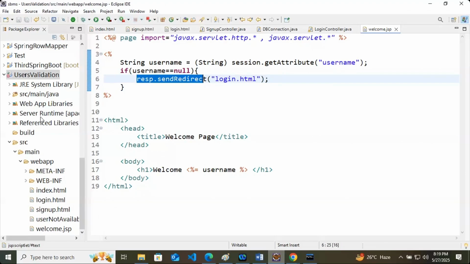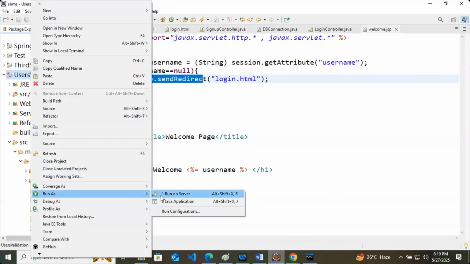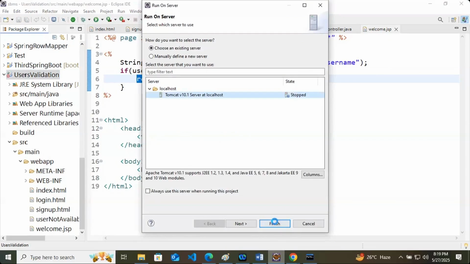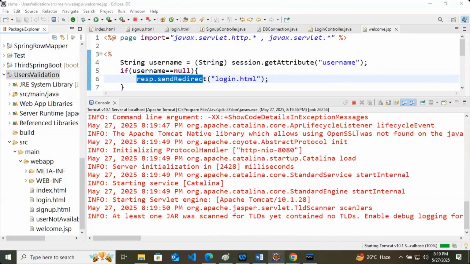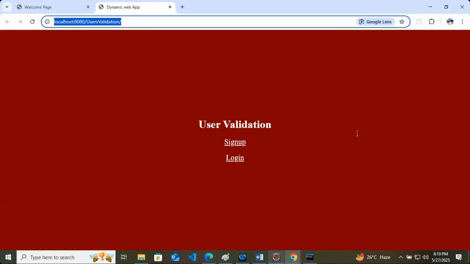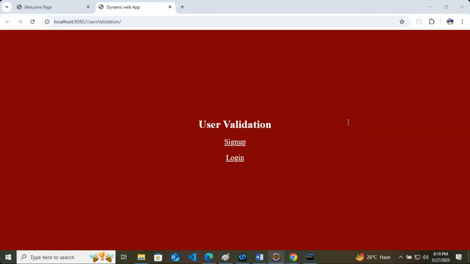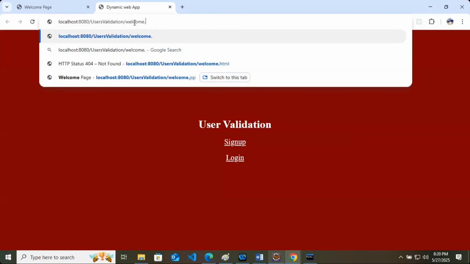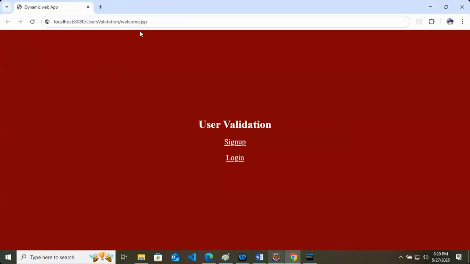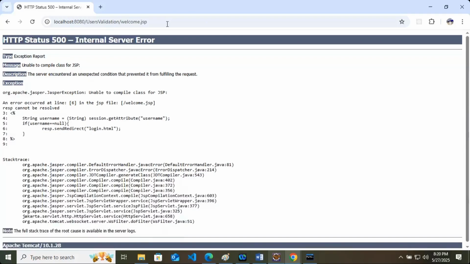We'll go back and restart the application. Client state information is kept in client side cookies. So what is the use of cookies, Amar, here? Let's say I am a developer and I have not logged in even one time. I am just directly writing the welcome.jsp page. Now I am not a login user and I am trying to hit welcome.jsp, and it is throwing an error here.